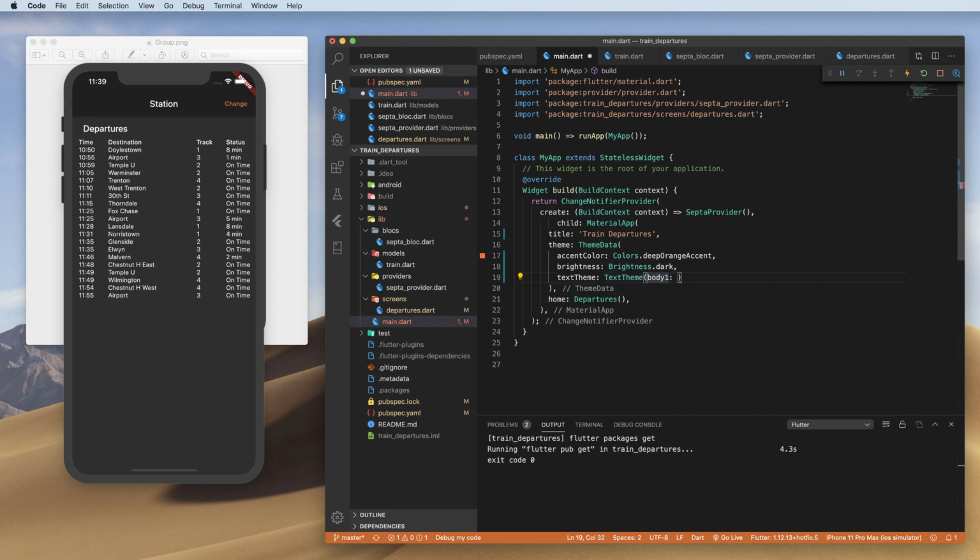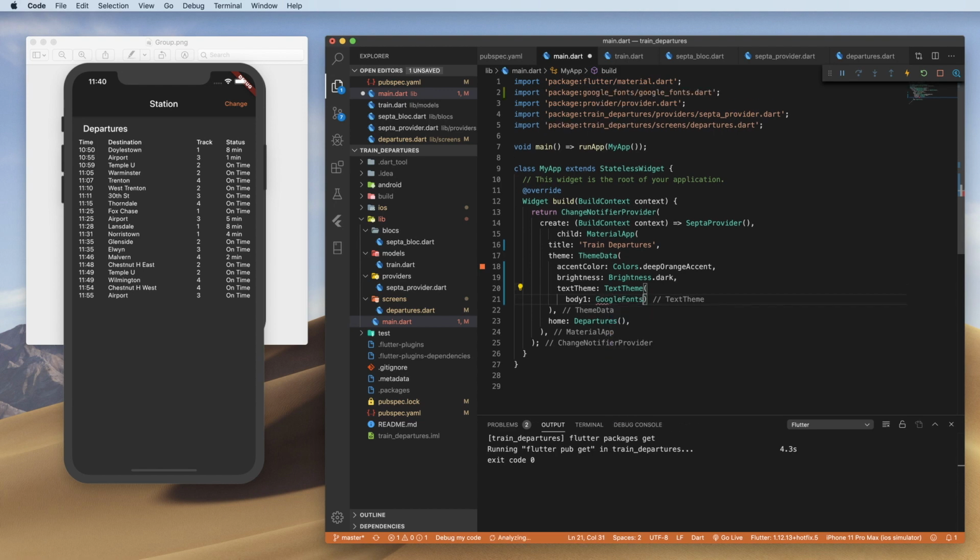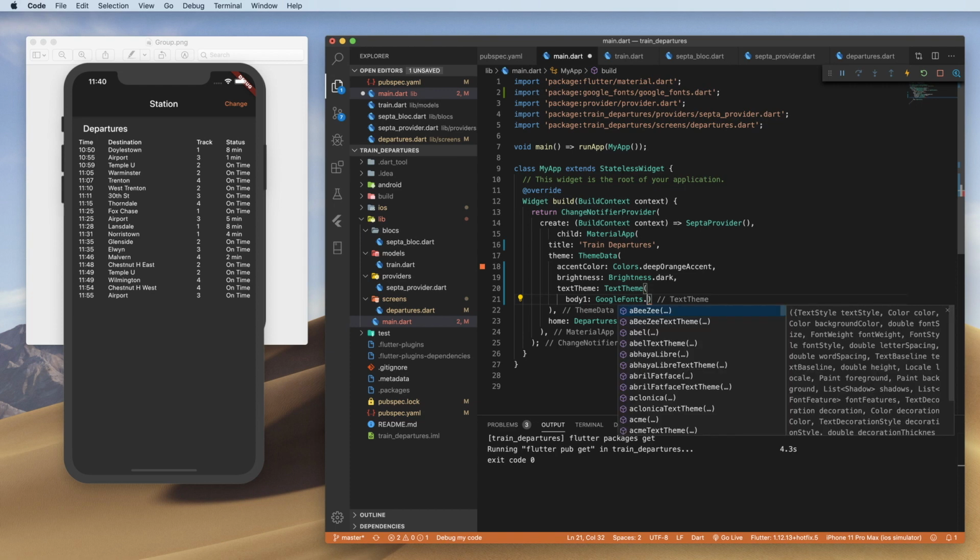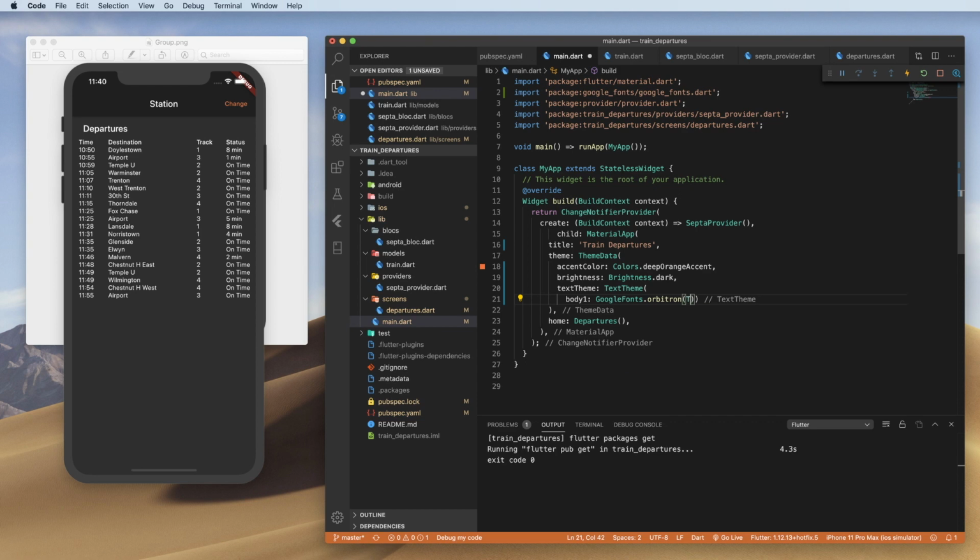And so body 1 is what we gave to these, the destinations right here. And so for that, I'm going to use Google Fonts. And I did have to import it, so I had to hit enter at the end of Google Fonts. Here's every font that Google has. It's amazing. You can get this, just that one import, and you can do whatever you want. But I liked Orbitron for this. And so inside there, you can do a text style